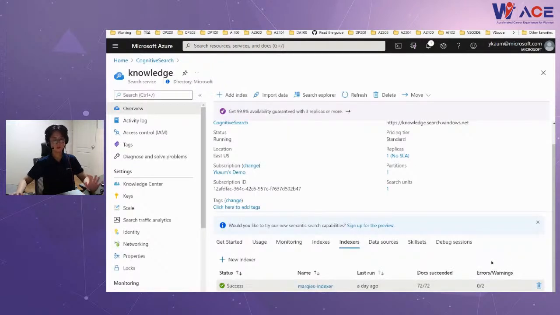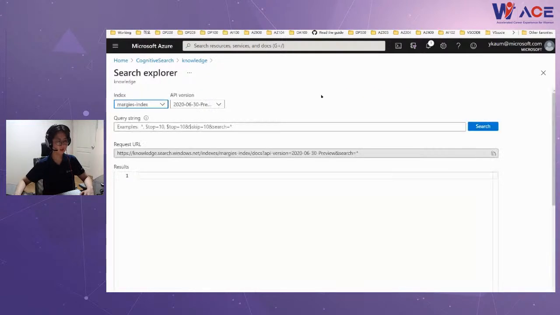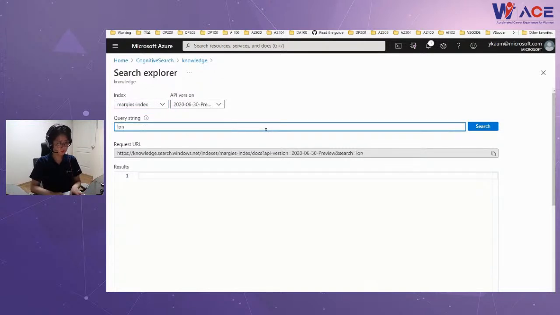Okay, now we are done building the index for cognitive search. What you need to do is click Search Explorer and verify that our index and our search are working well. I'm going to search London hotel.